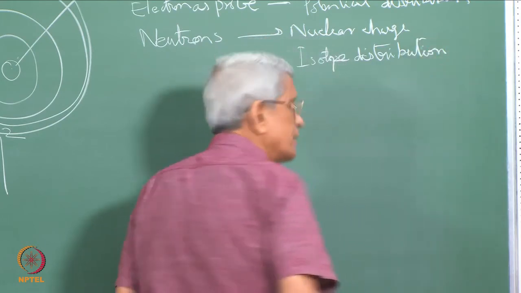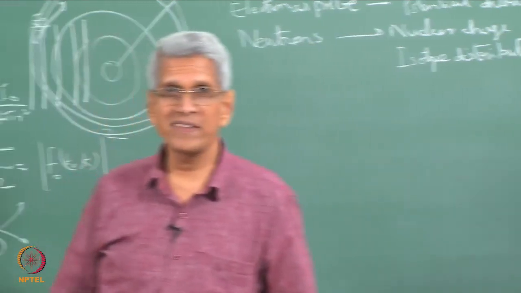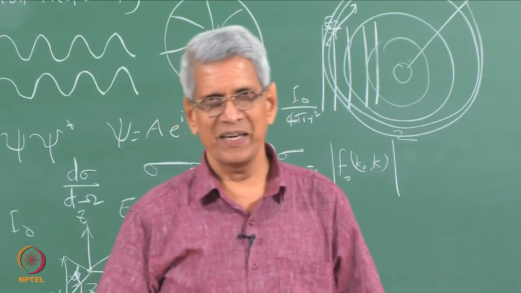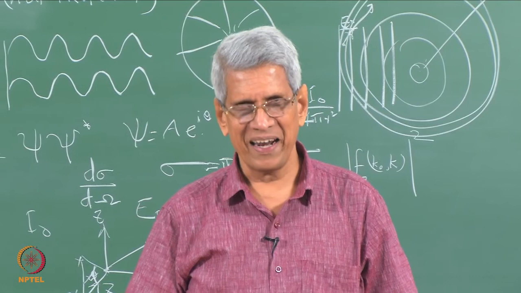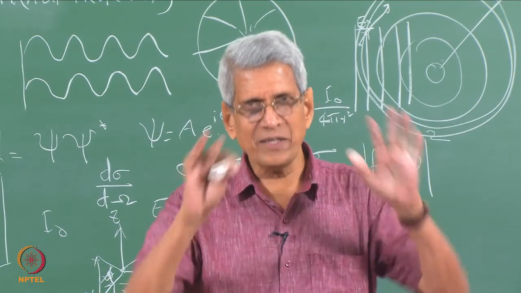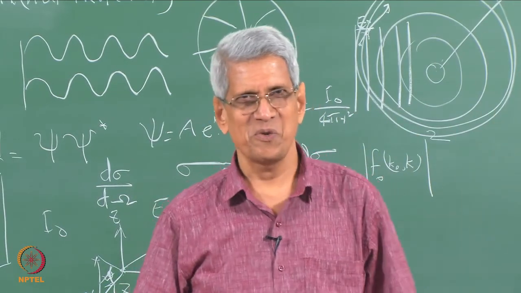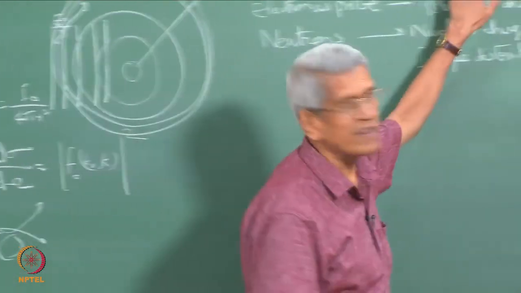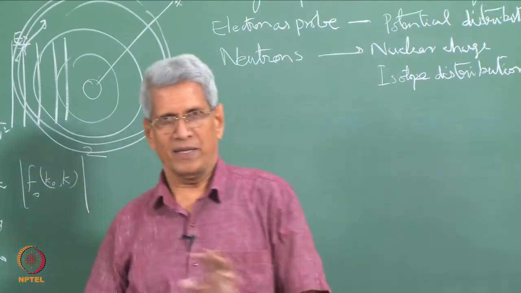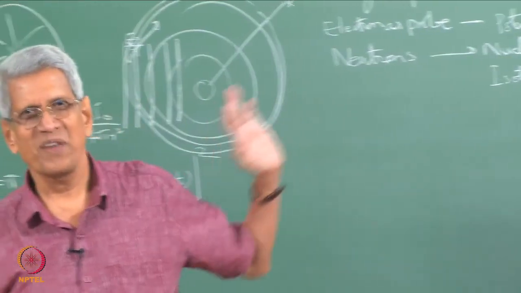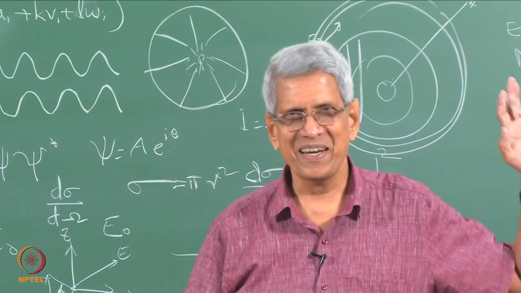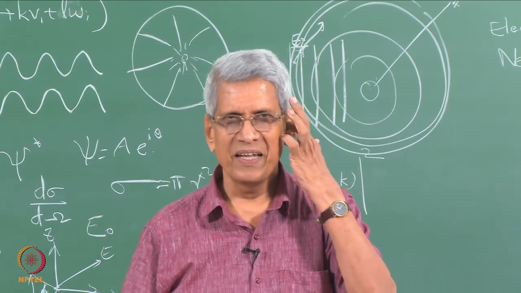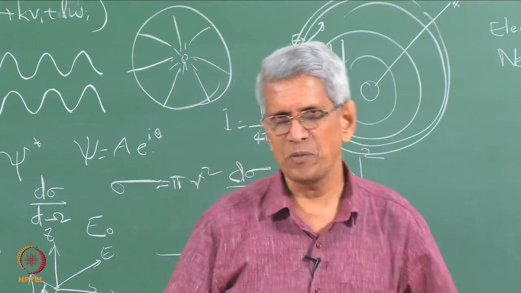That we can get. Similarly, since it has a magnetic spin associated with it, how the magnetic moments are aligned, that distribution also we can get using neutrons. Whereas in this case it is only the electron density distribution. So, this is the sort of interaction which is taking place. In the case of X-ray, the interaction is only with respect to electrons. So, how electron density varies, that distribution comes.